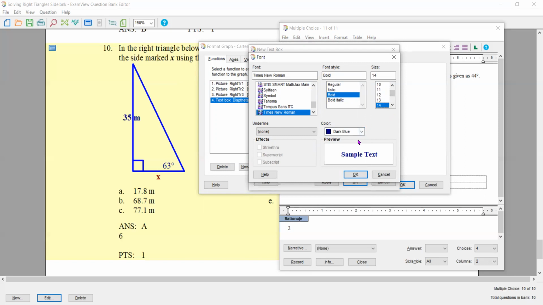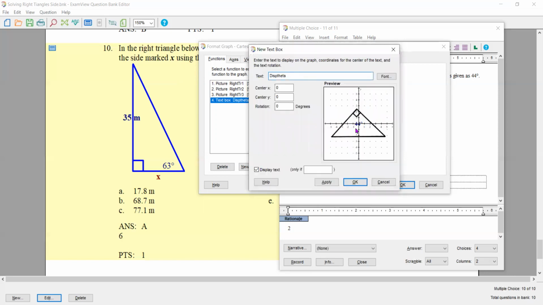I'll put it as 14. And I'll say there. Now, I can put it here, or I can put it here. It doesn't really matter. I'm going to put it on this side. And so the center of the box is going to be about negative 1.5 on the, let me see, about